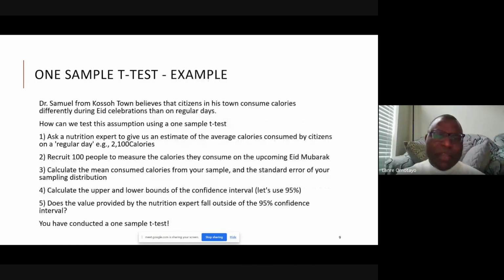So now, already we've talked about the central limit theorem. We spent a lot of time on it. It's a central principle in statistical analysis, and that's why we spend so much time on it. Now, look at this example. Dr. Koso